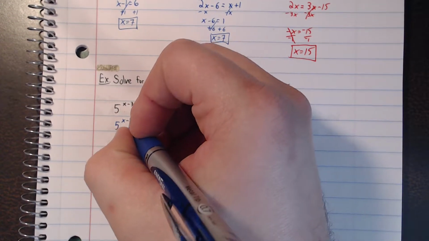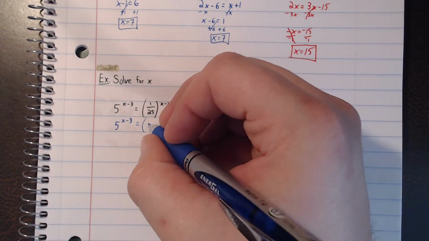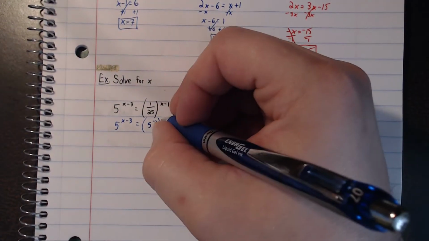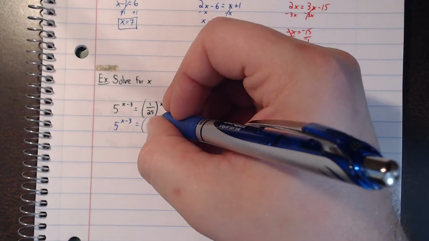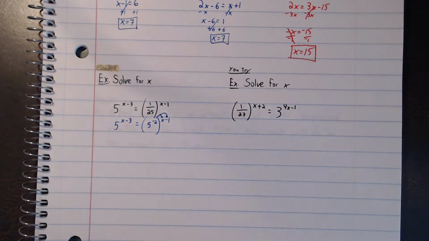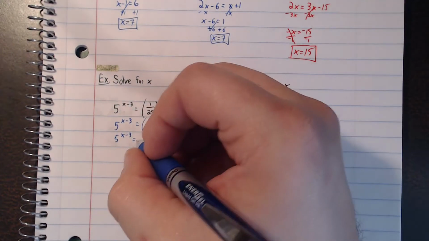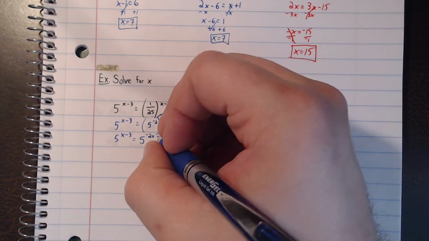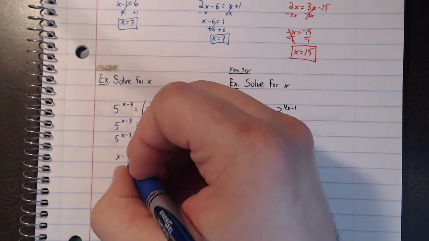All right, so here we go. We've got 5 to the x minus 3 on one side, and we just said this whole thing is really 5 to the negative 2, right? That's going to be equal there. I'm going to have to distribute this negative 2. Okay, so we still have 5 to the x minus 3 on one side. Now we have 5 to the negative 2x plus 2 on the other. Now our bases match, right? Our 5's match. So we're just going to keep the exponents,